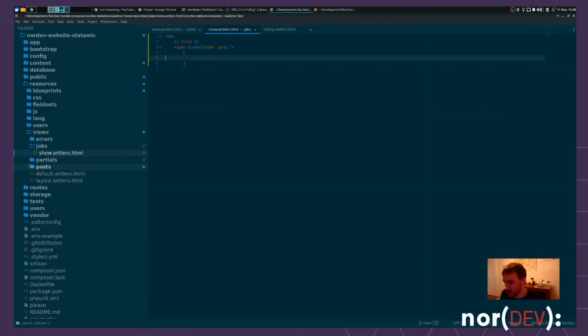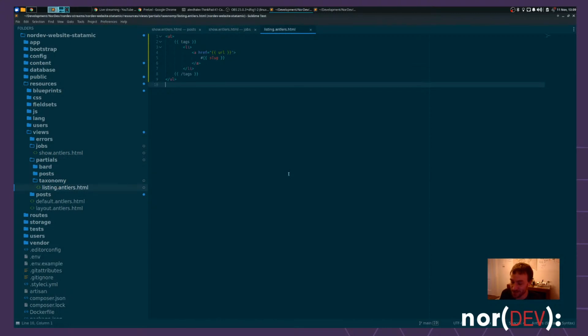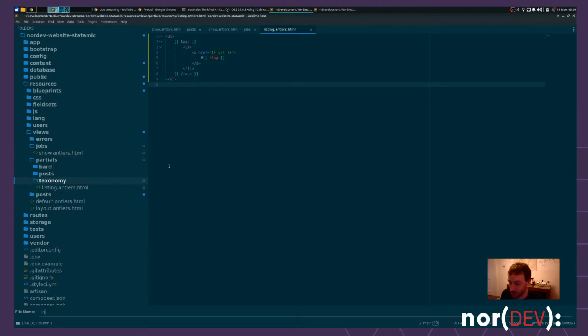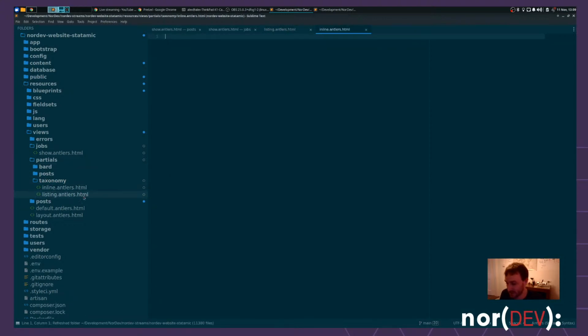So just in case we want to do that again, and because you know by now that I'm a bit of a sucker for partials, I'm partial to a partial, we will add a taxonomy partial here to provide us with, similar to our listing, a comma separated inline list. So we'll create a new taxonomy here. We'll call it inline.antlers.html,